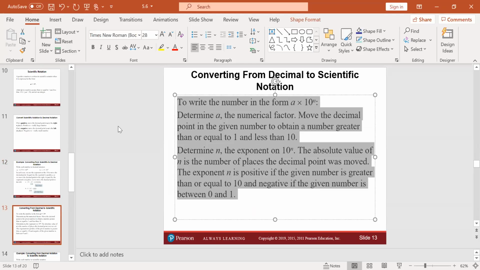Think of it as, all right, I'm starting off with a really massive or really small number. I need to get the number to where it's between 1 and 10. I need to figure out how many times I had to move the decimal point. I need to figure out if I started with a really large or a really small number. So again, if you start off with the number